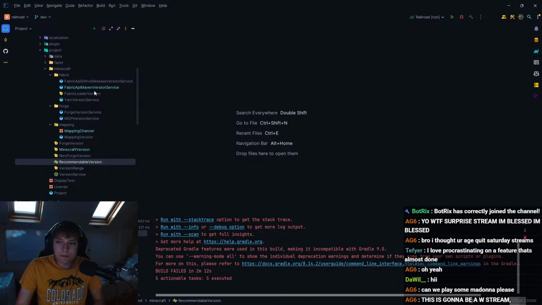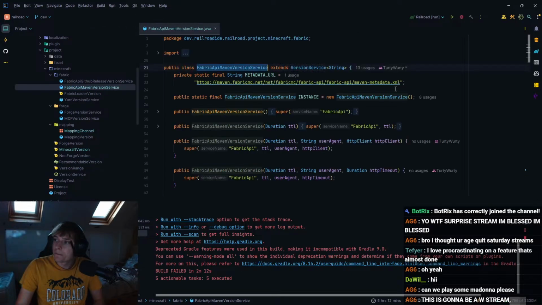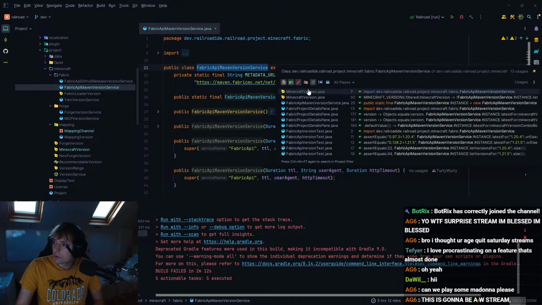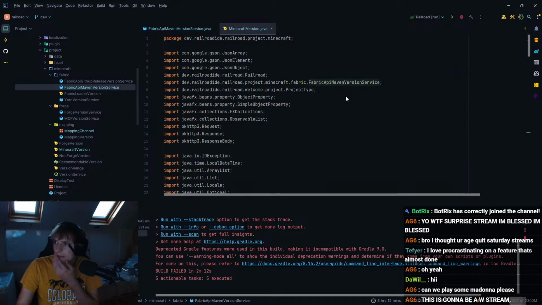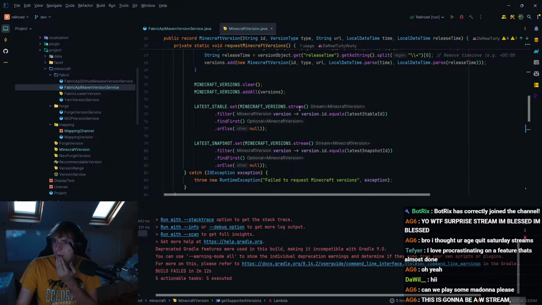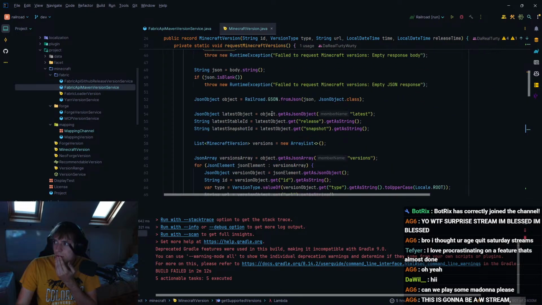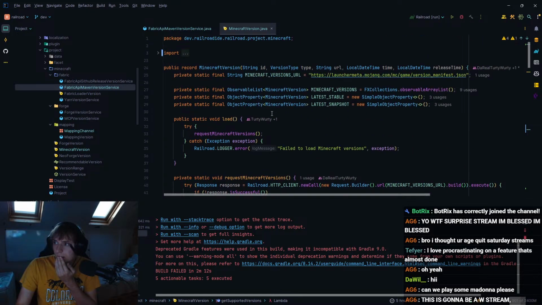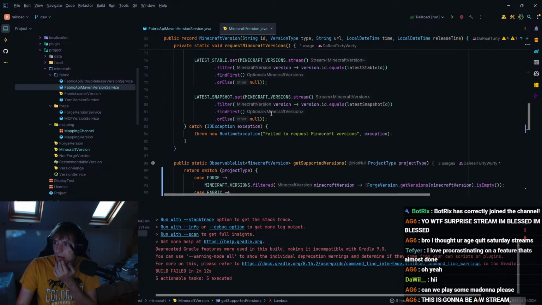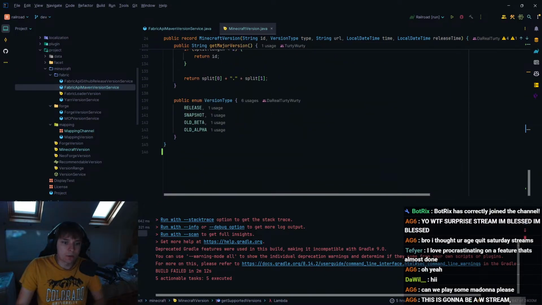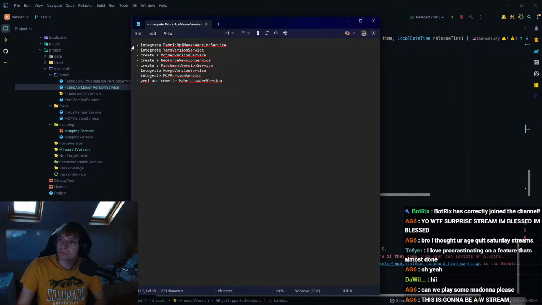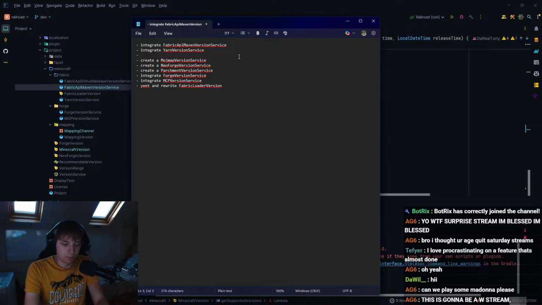So let's go ahead into here, and you can see I have already decided to use this somewhere. Now, what is this? Okay, interesting. So, okay, we're gonna want to rewrite this as well, which is actually going to be pretty high priority. We'll do it here. Yeet and rewrite Mojang.